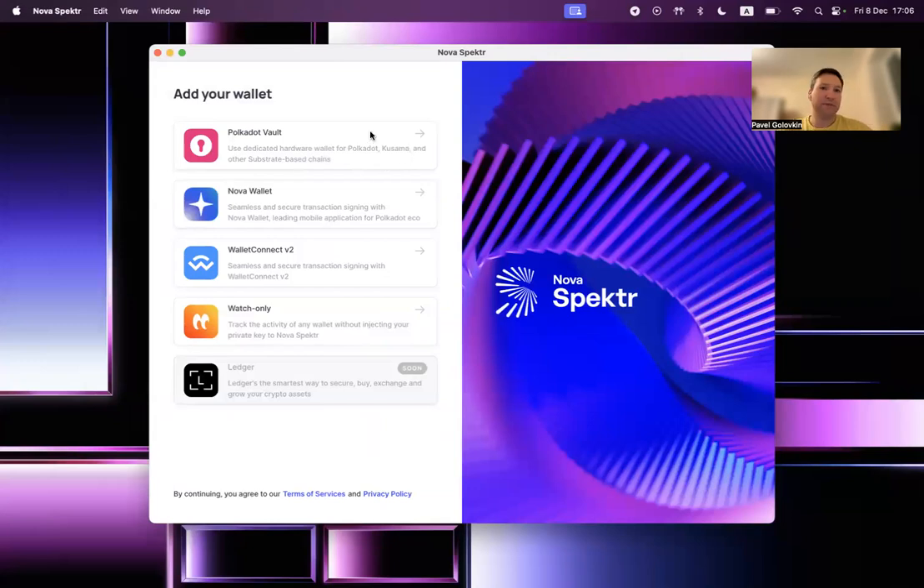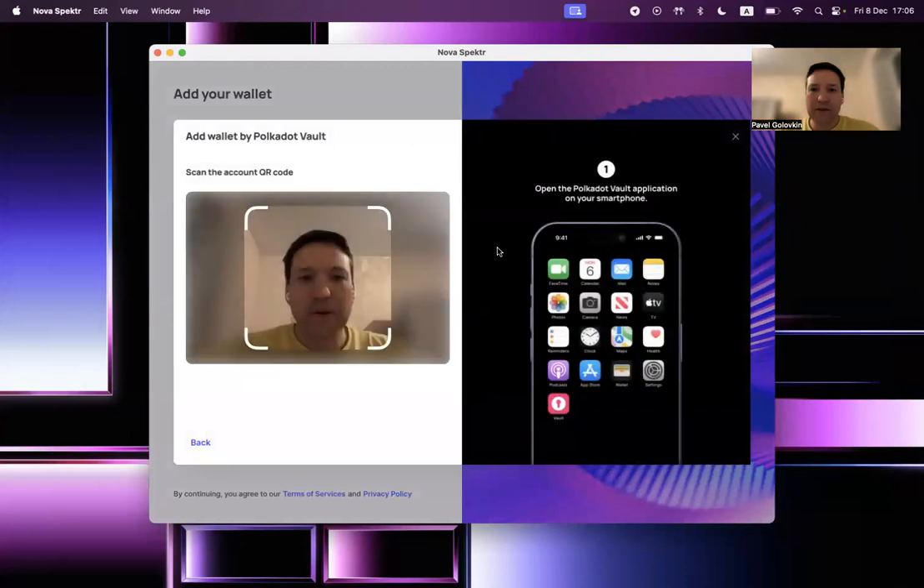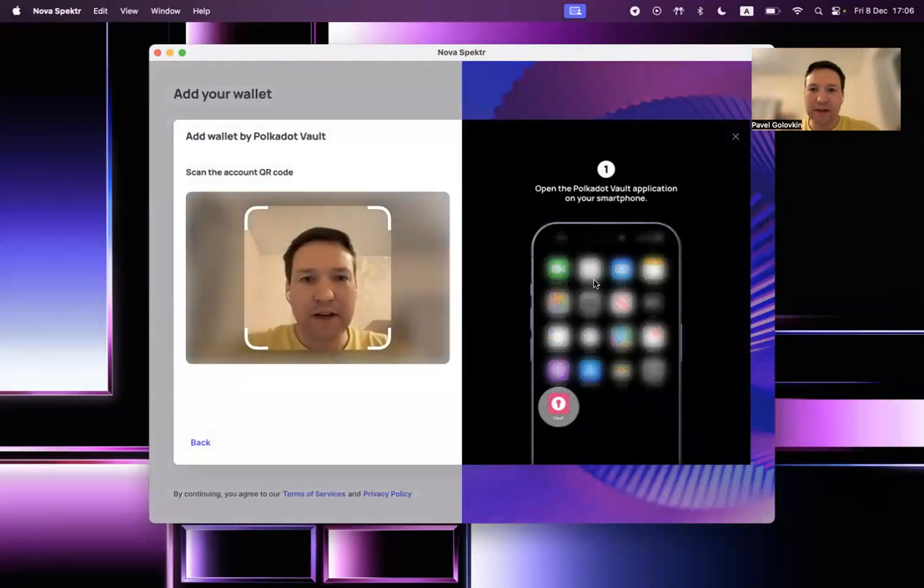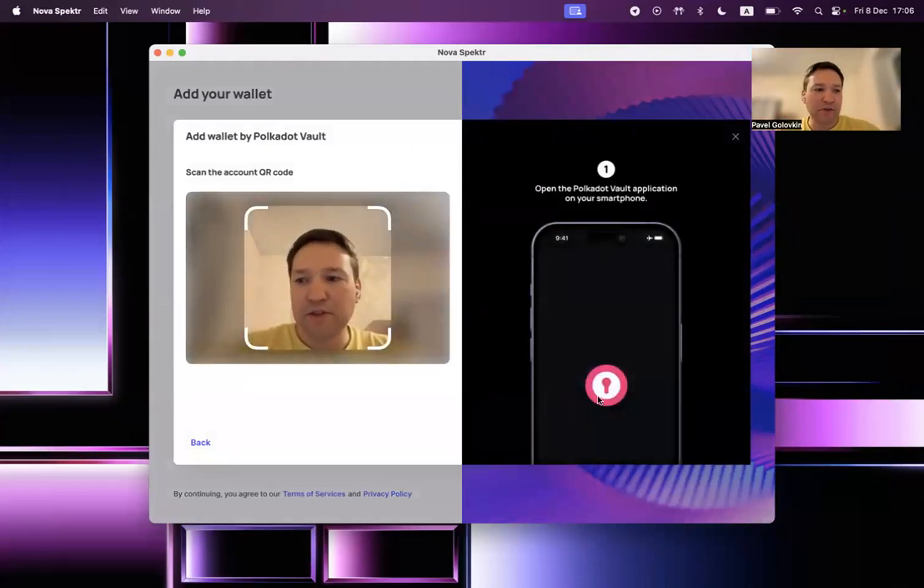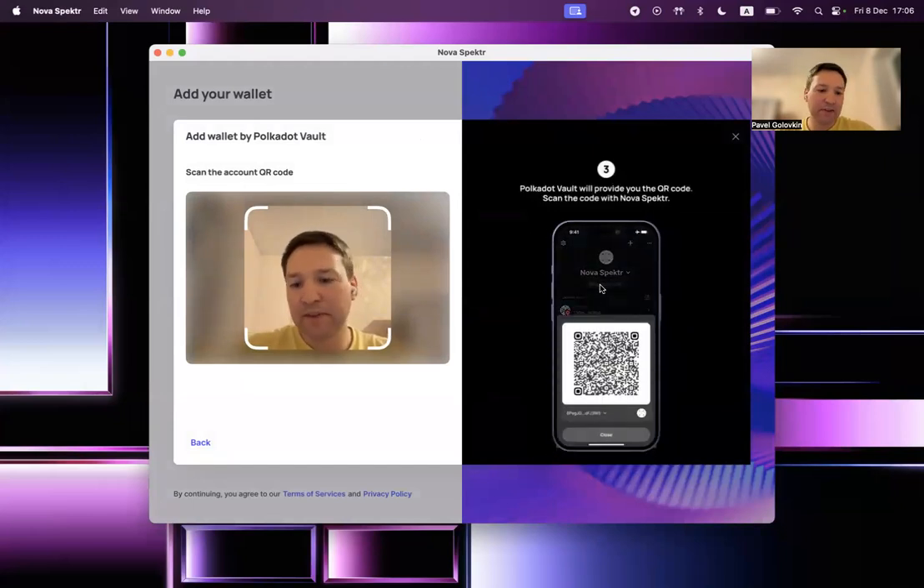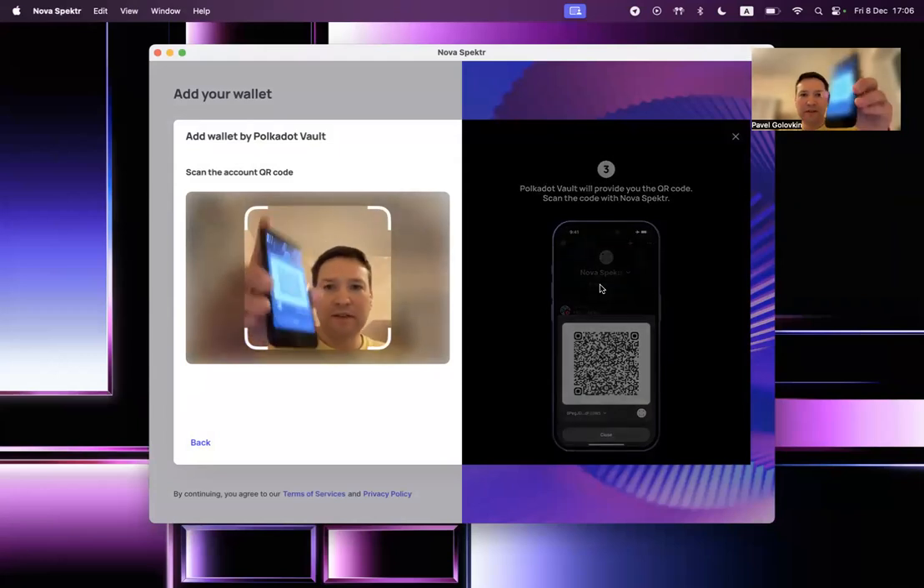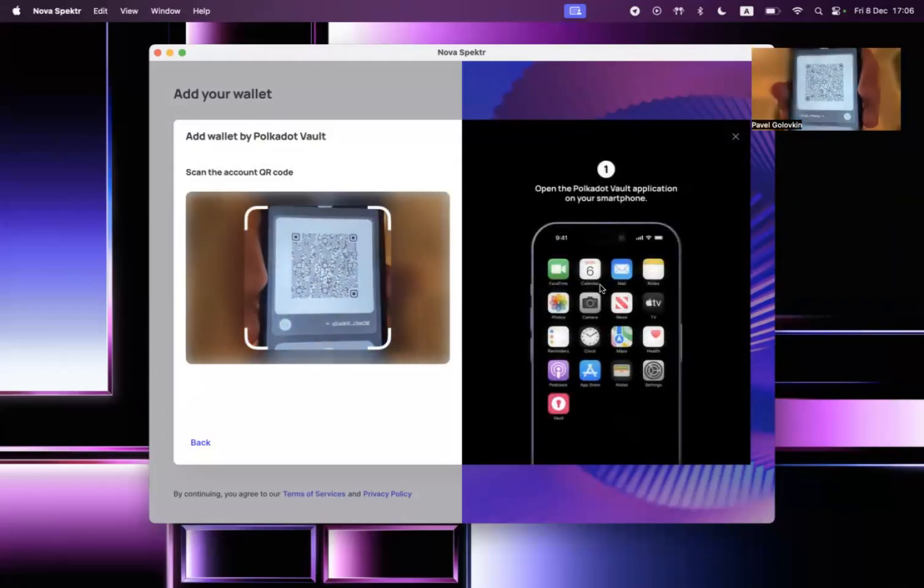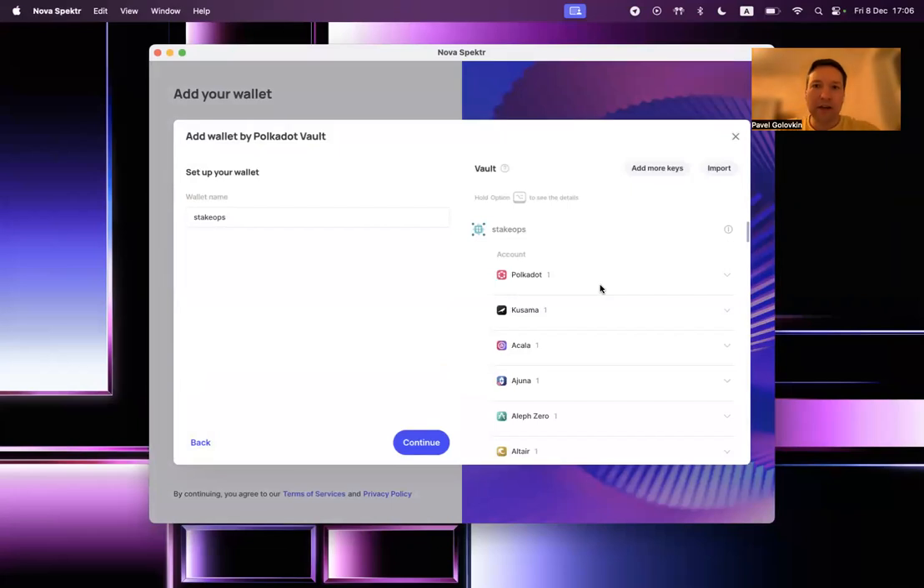The menu is pretty much the same, but you can see that the guide on the right was changed. Now you should open the Polkadot Vault and click on the public address of your key set. I do that, and now it's just a single QR code. Now let me explain what happens here. The name is transferred from the Polkadot Vault, so I can rename it to the demo